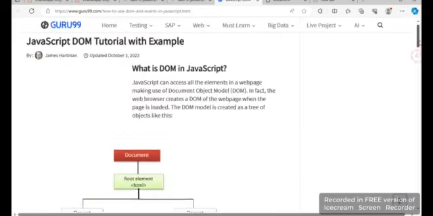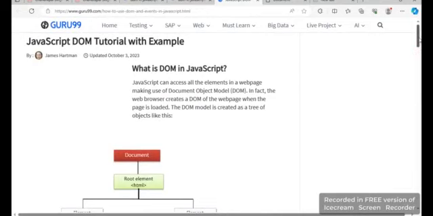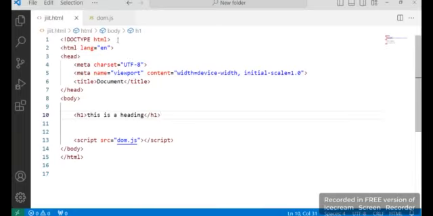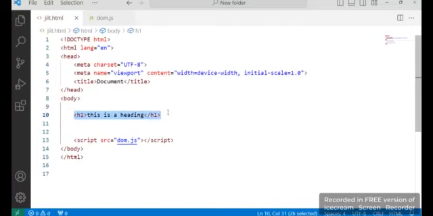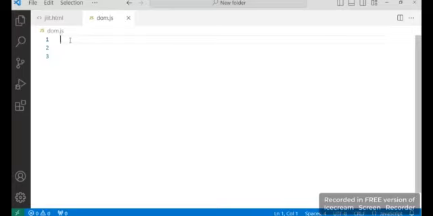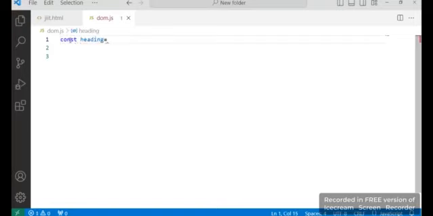With the help of DOM methods you can manipulate any element of the HTML file through JavaScript. So let's see the code and an example. First, this is the heading, and I will link the dom.js file. I will target this heading element to manipulate it. So we take a heading variable and target document. When we write document, it means this is the HTML document. So document dot